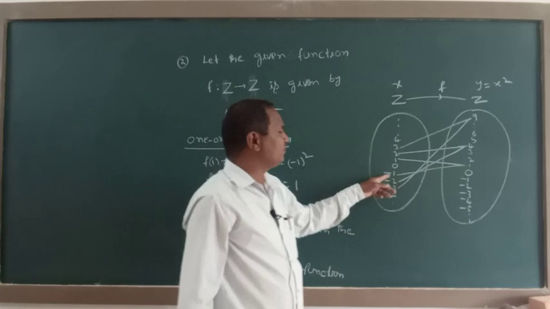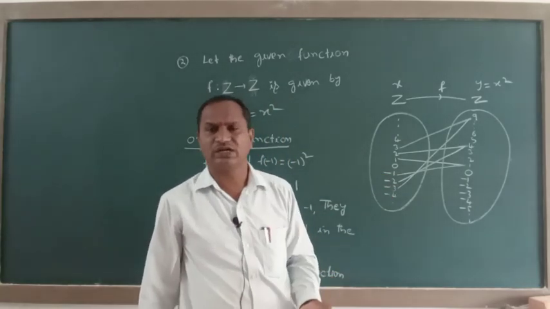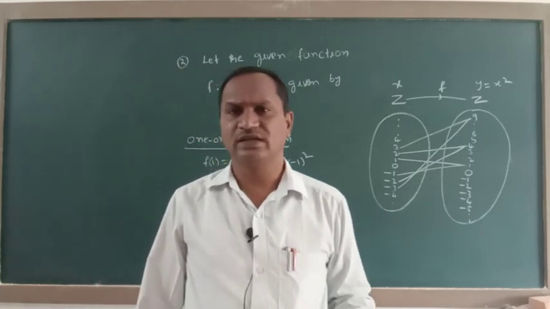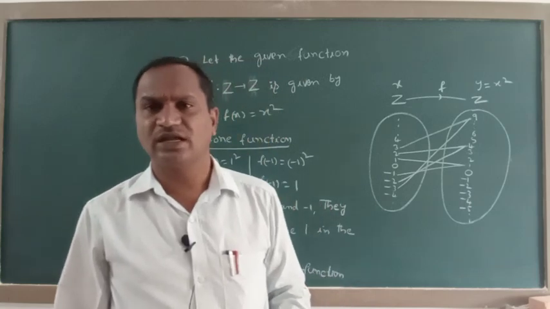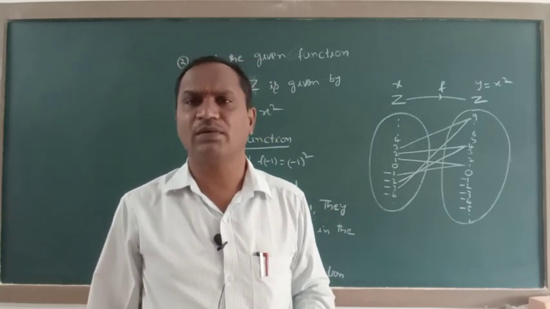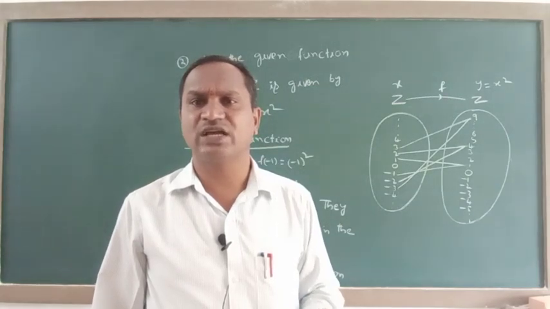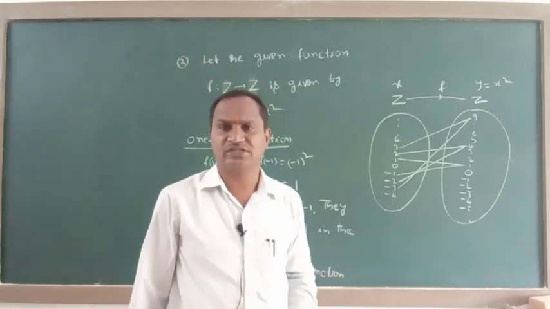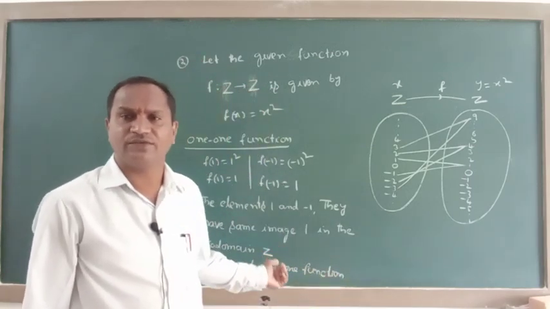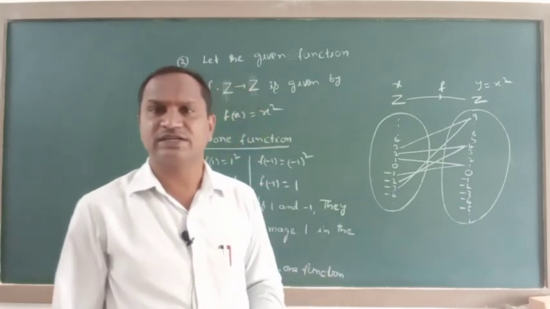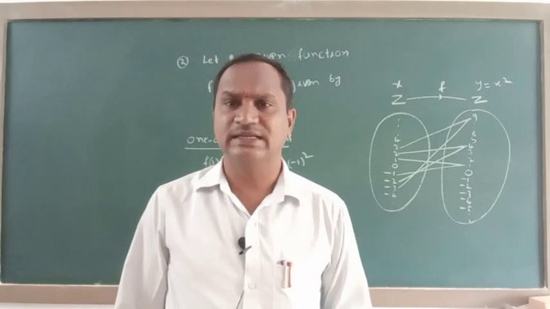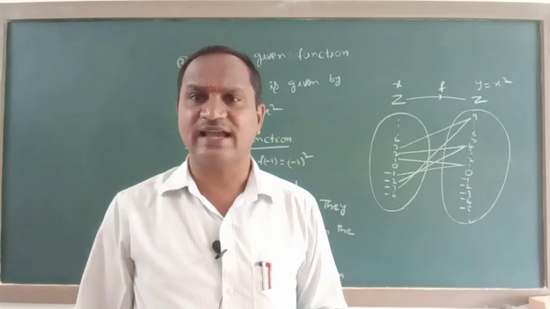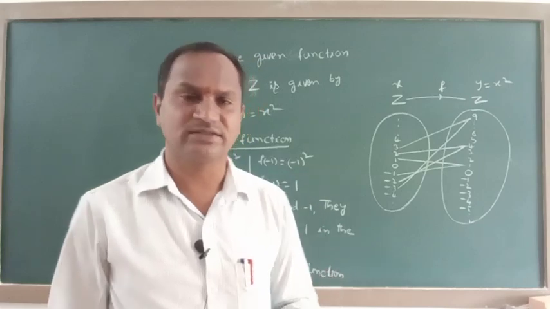We should not get the same element for 1 and -1, because, as I already told, by the definition of one-one, distinct elements of domain Z are associated with distinct elements of codomain Z. Then only is f, mapping from Z to Z defined by f of x equal to x square, a one-one or injective function. But these rules differ from that definition. So we can easily show that f is not one-one by taking numbers 1 and -1 from the domain Z. These two elements have the same image 1 in the codomain Z. That's why we can say f is not a one-one function here.